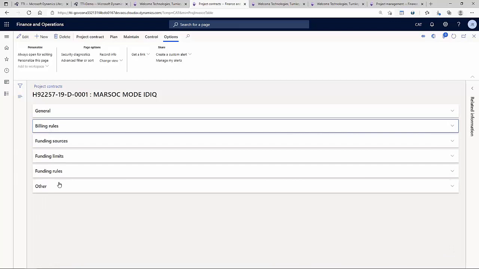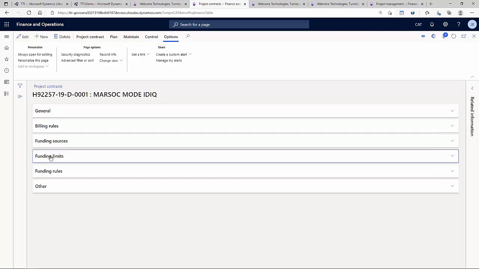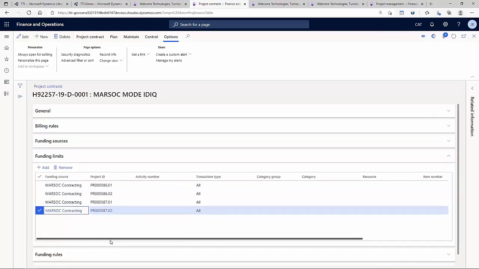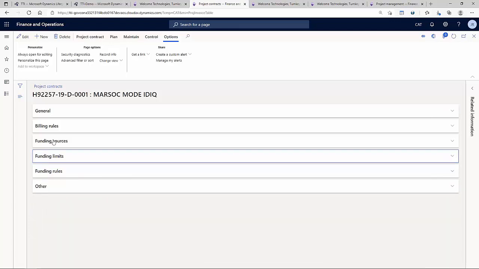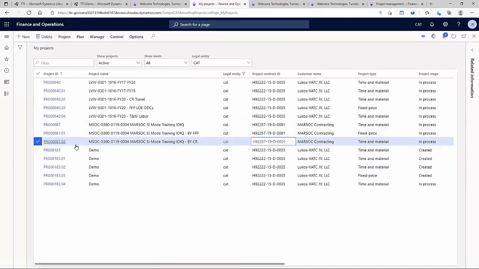Okay, so this is kind of the big concept of a contract. Okay, besides the part of the sales price, right? So yeah, we can definitely have a sales price, but besides that, there are other things to talk about, such as the limits, such as the rules, such as funding sources and milestones. Okay, so this is basically the concept of a contract. So let's go back to my